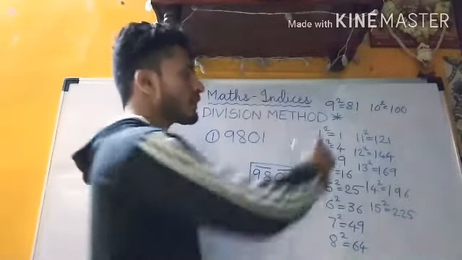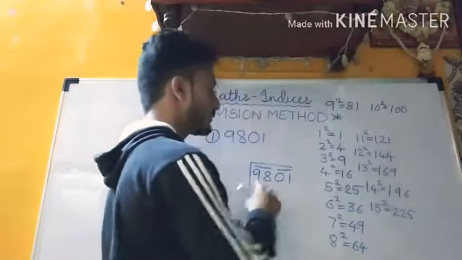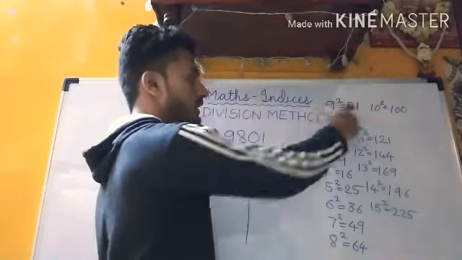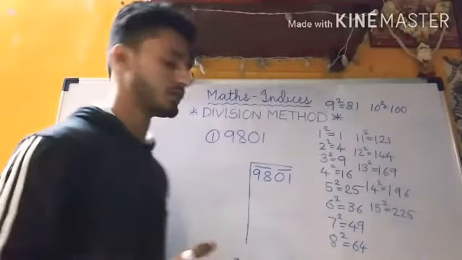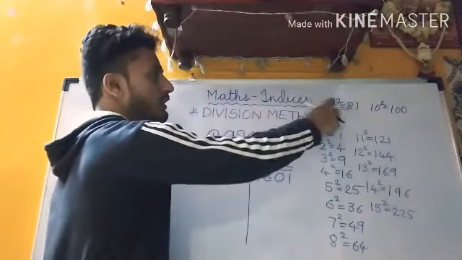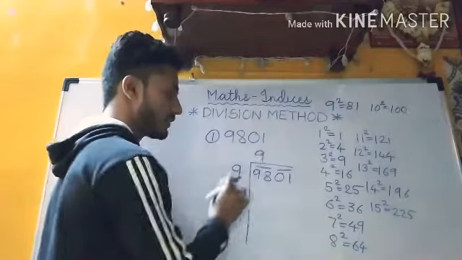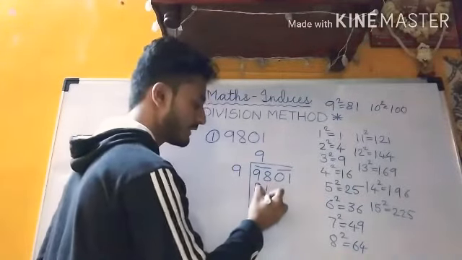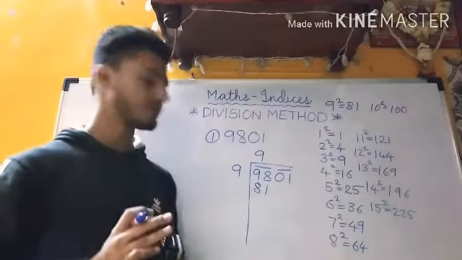So we have a number between 9 square and 10 square. We will take 9 square, the smaller number. We cannot take a bigger number. We'll always take a smaller number. So we are going to take the number 9 for the 9 square. Because it is 9 square, 9 nines are 81. Now children, just keep it in mind that